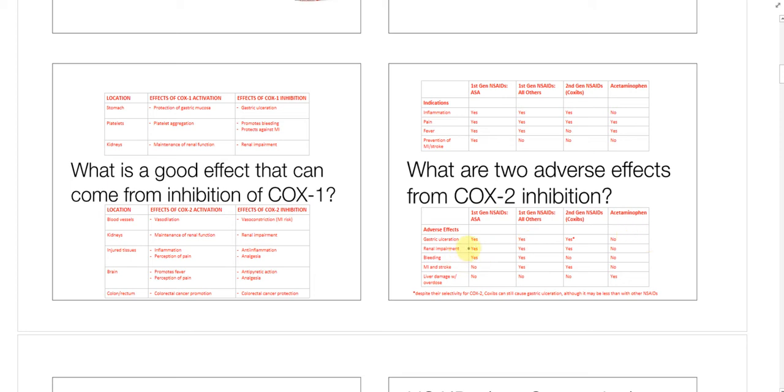There is renal impairment with all of them except Tylenol. There is a bleeding risk with both of the first generation classes. There is not as much of a bleeding risk with COXIBs, and there is no bleeding risk with Tylenol. There is an MI and stroke concern with our ibuprofen, naproxen, and second generation NSAIDs, but there is no risk